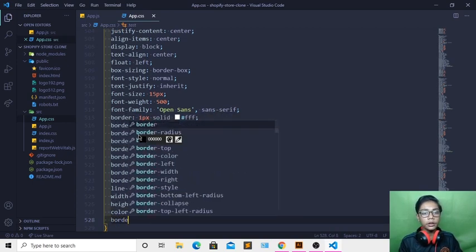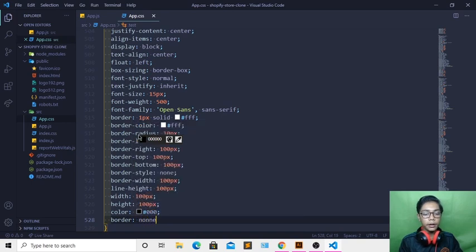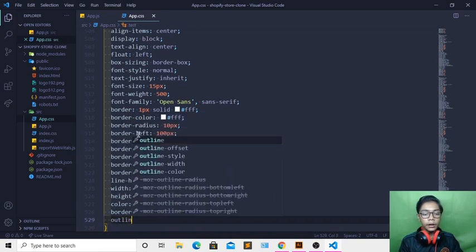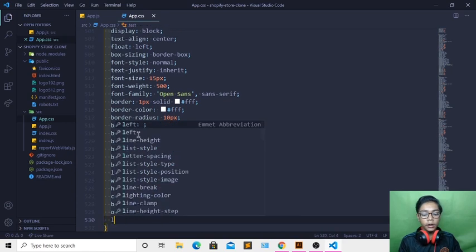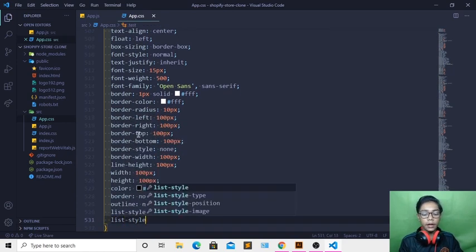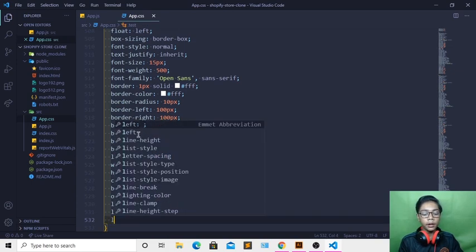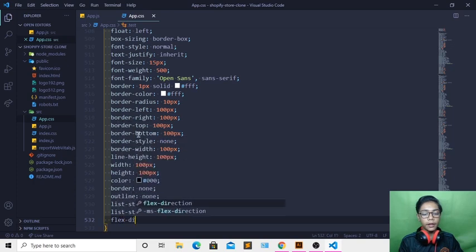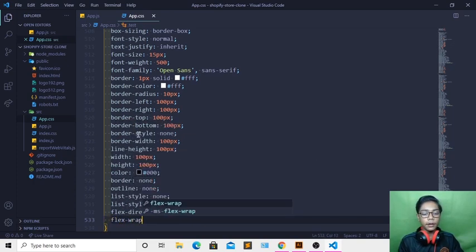to black. Then you have to just come underneath, create none, so I will be writing that. Now here I will be also writing outline, which shall be none. Create list style none, so I will be writing that, and you have to also create list style type none. So here when you've done all that, I will be coming underneath creating another tag, which will be flex direction column. Then here when you've done that, I will be writing flex wrap, which will be wrap